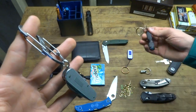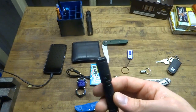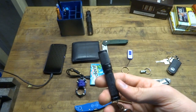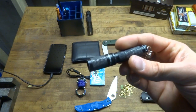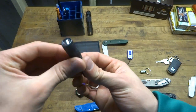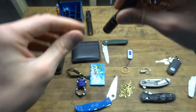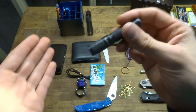Then comes the flashlight, and this is a ThruNite TI3. This is a fantastic light, right around that $20 price point. I believe this is 130 lumens. It uses your standard AAA battery. It has 3 modes. It has the famous ThruNite Moonlight mode, which you can see right here. It's not that bright. And then I'll turn this down here, and then it's in your medium mode,